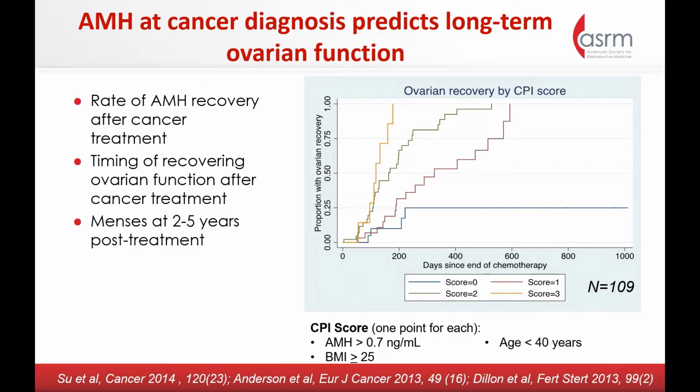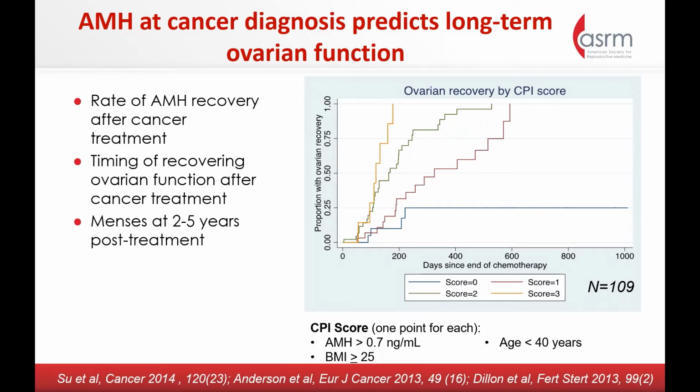One is, what is your ovarian reserve before treatment? So in this graph, what you're looking at is that if your AMH is greater than 0.7, you get a point. If your age is younger than 40, you get a second point in this index score. And interestingly, if your BMI is higher, you get a score. And so the higher the score, depicted here in yellow, you're more likely to recover ovarian function, the phenotype of menstrual recovery of menstrual pattern after amenorrhea quicker, as you'll see that the inflection is quicker in yellow,